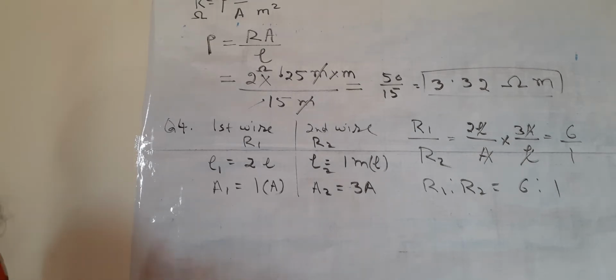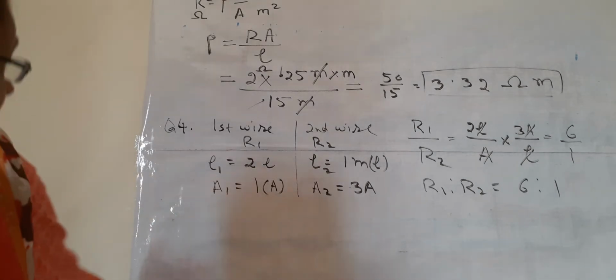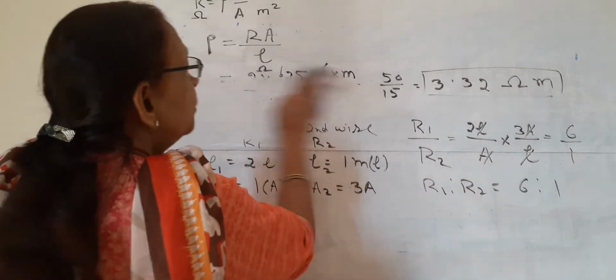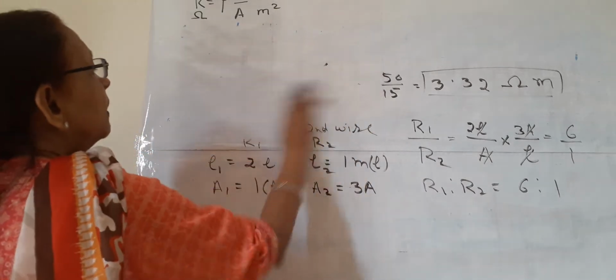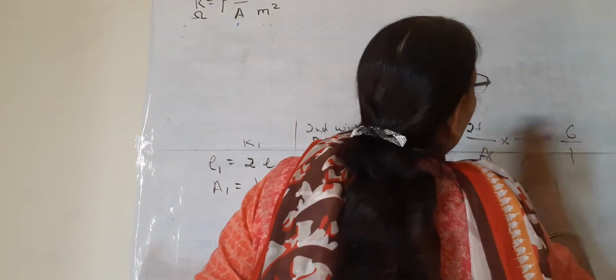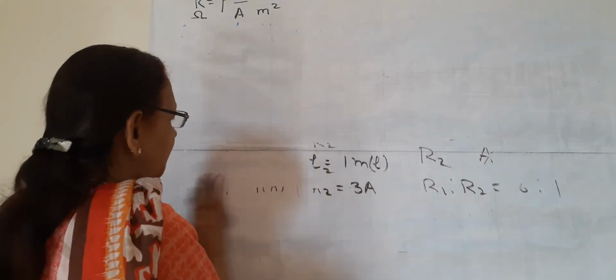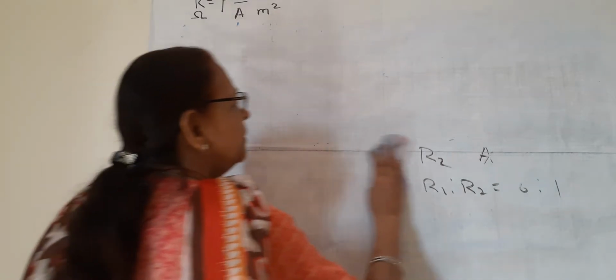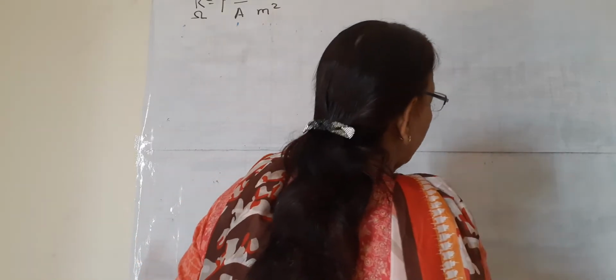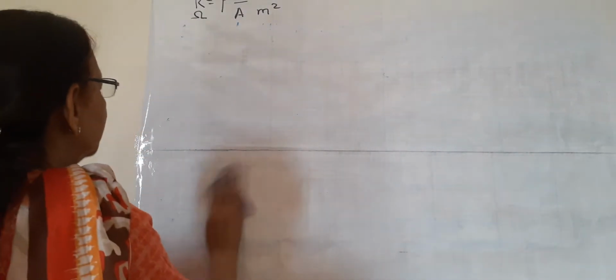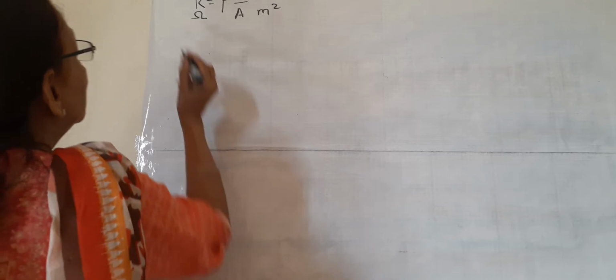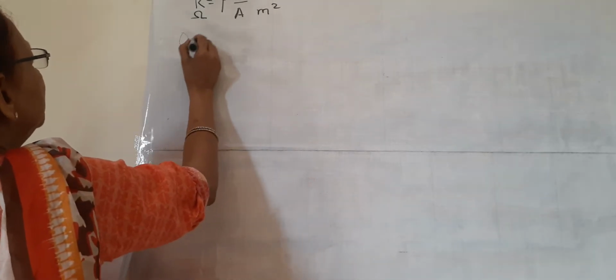Now we'll do one more, the fifth one, and you do it in your notebooks, and still if you don't follow, then ask me on WhatsApp. Specifically ask me what you are not following. You watch the video twice, thrice, and then you will follow these numericals. Very simple numerical. So we have done 4: 1, 2, 3, 4. So this is the fifth one.